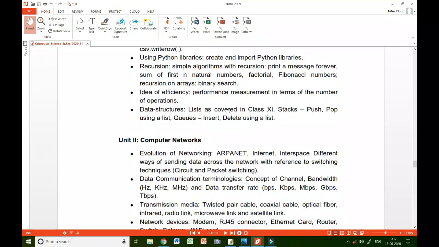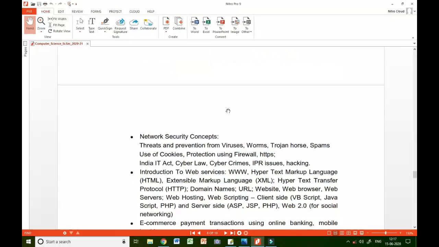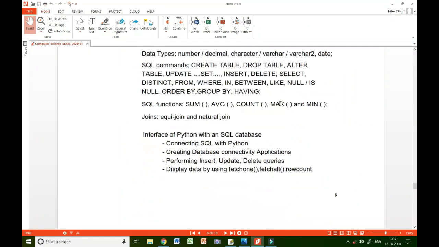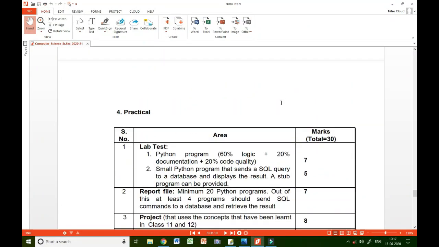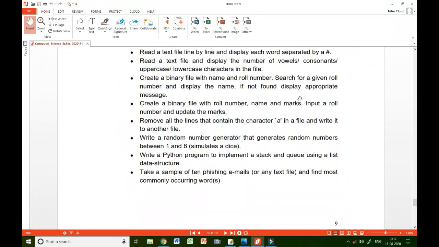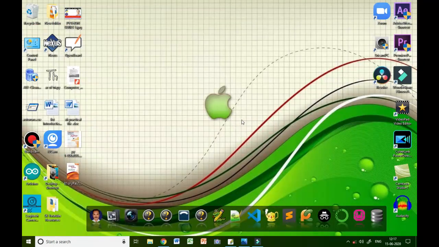So this is the syllabus. We are going to start with Python. First thing, how to start with Python. First you need to install Python. So I will explain how you install Python